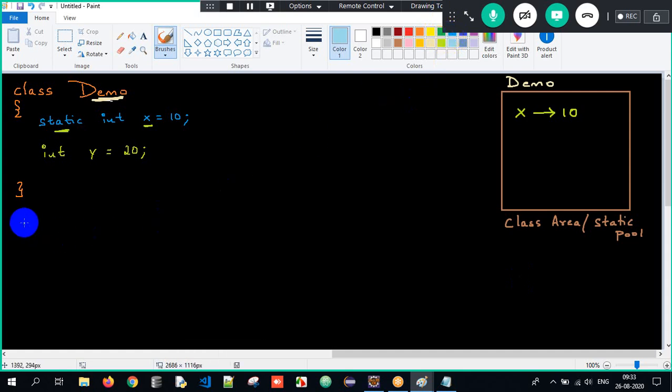So now when I create one object, demo d1 equals new demo(). So now here what is happening? Now when I create an